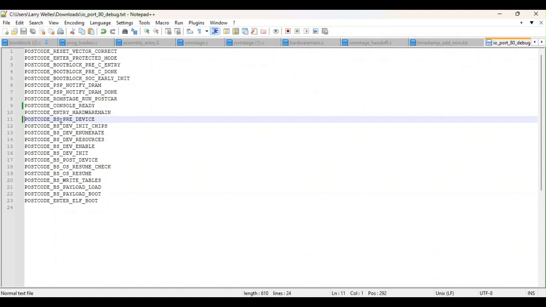So we do something called a pre-device. Then we initialize the chips. So that's an important step, initializing the chips. Then we do something called a device enumerate. So we go through and, well, I'd have to look at the code to see exactly what we do with a device enumerate. Then we do resources. Then we enable the devices. Look, we initialized them. Now we're enabling them, and then we're doing the final device